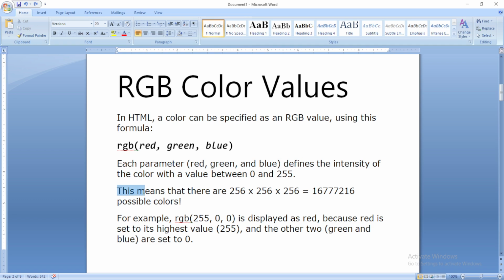So this means that there are 256 times 256 times 256 colors. 256 times 256 times 256 is equal to this bunch of numbers, so I won't calculate it because I don't have time for this. So for possible colors, for example,